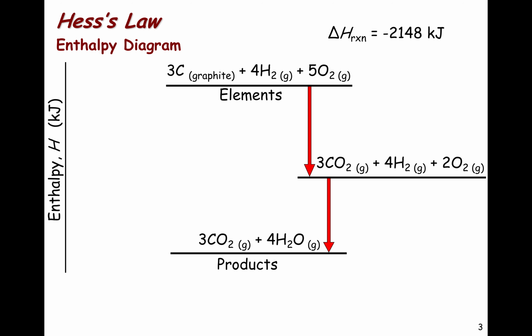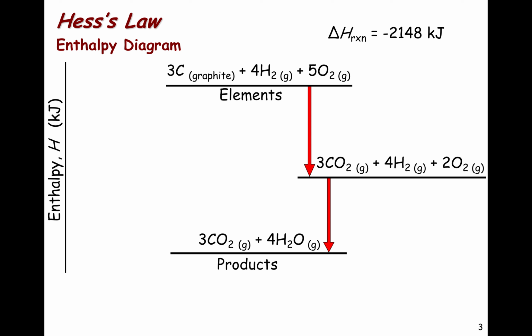So, it turns out that we could take the carbon and hydrogen and oxygen and combine them to form 3 carbon dioxides, and also consume some of the oxygen, producing 3 carbon dioxides, 4 hydrogens, but now 2 oxygens. And then if we do another step, we could ultimately end up with our products of 3 carbon dioxides